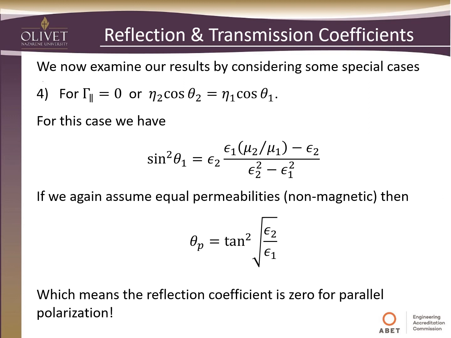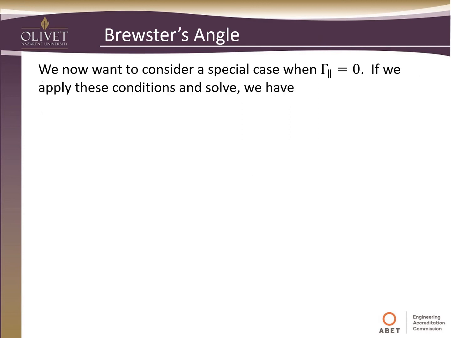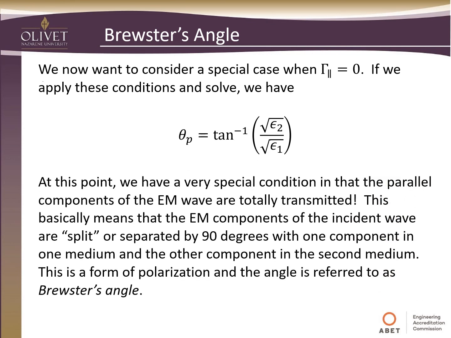So this means that the reflection coefficient is 0 for the parallel polarization. So again, this is utilized in the real world. So we now want to consider a special case when this parallel reflection coefficient is equal to 0. If we apply these conditions and solve, that we had before, we utilize this equation again. So at this point, we have a very special condition in that the parallel components of the electromagnetic wave are